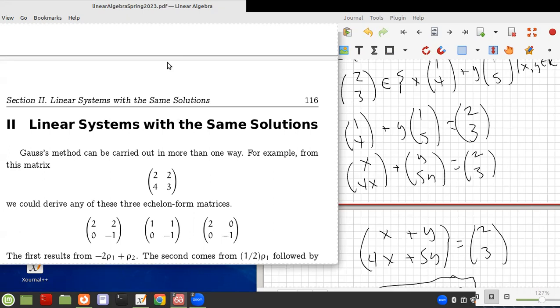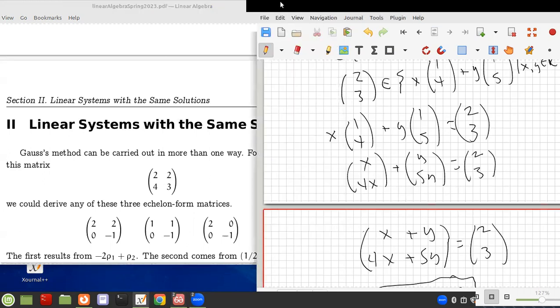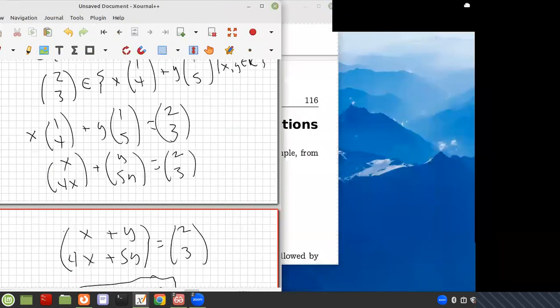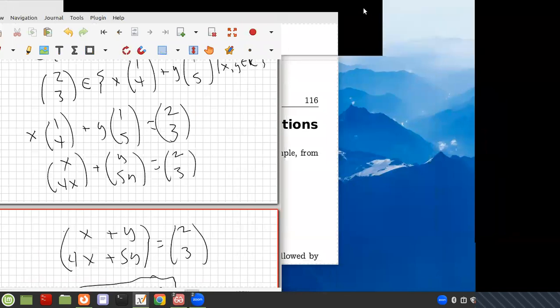But the second half of this first chapter deals with the linear systems themselves that all have the same solutions. So the context here, let's think of this. Well, let me first